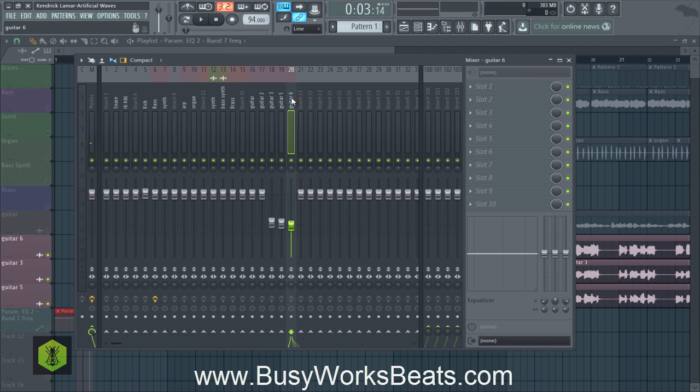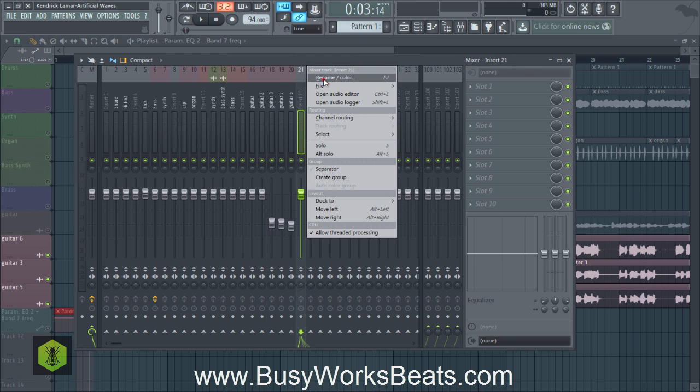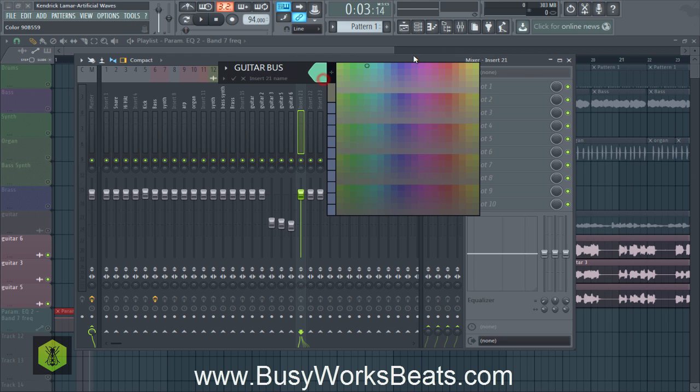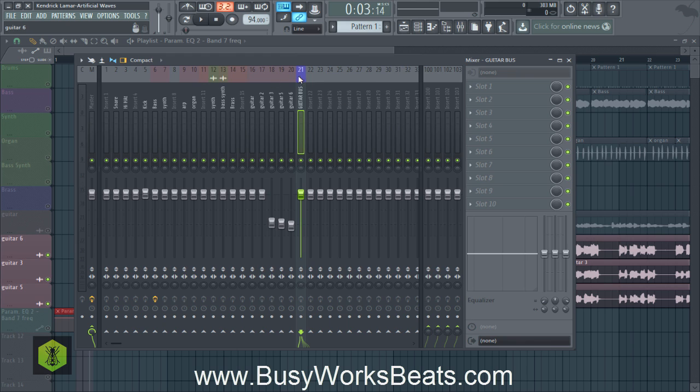Now what we can do, this is more for intermediate to advanced mixers, but you got to learn this at some point anyway. So what you can do is select multiple tracks in the mixer by hitting Control Shift and left click to highlight. Okay, so we have all 3 guitars highlighted, and we can actually put this into one guitar kind of track. So you can see track 21 is empty. Let's right click and let's rename this guitar bus. So this is where all the guitars are going to stack up into one mixer track.